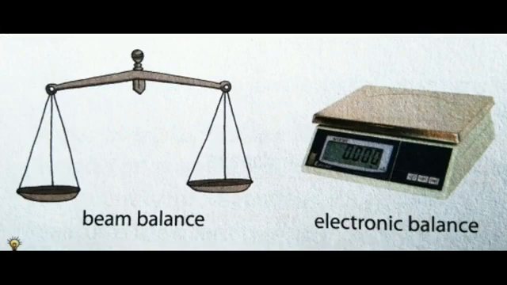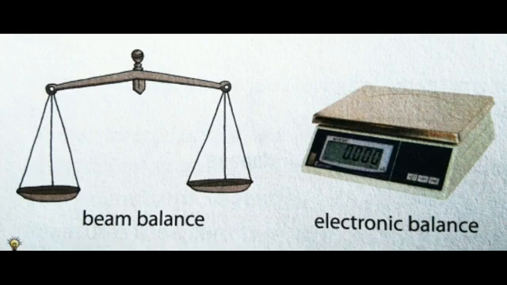Let's learn about weighing of mass. What is mass? Mass of an object tells us how light or heavy that object is. The standard unit for measuring mass is kilogram. In short, we say kg. And the other commonly used unit is gram, or we say g. Now, kg is used for measuring some larger units, and gram is used for weighing lighter units. Now, all these are measured by means of beam balance or electronic balance.